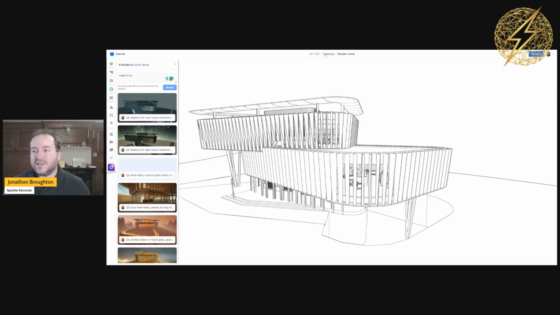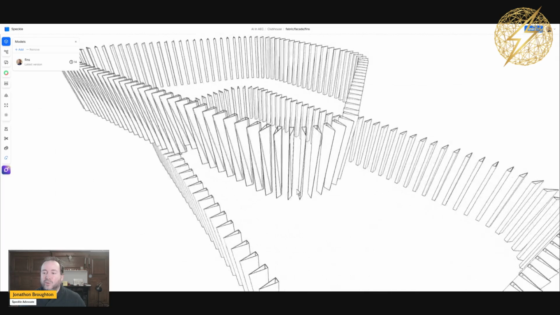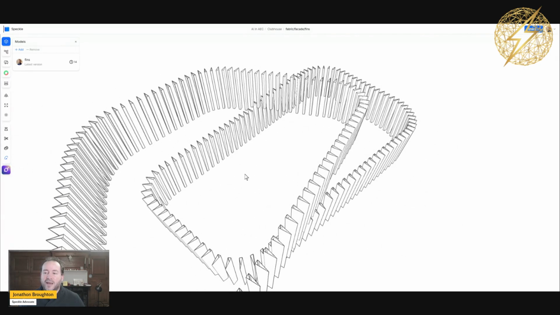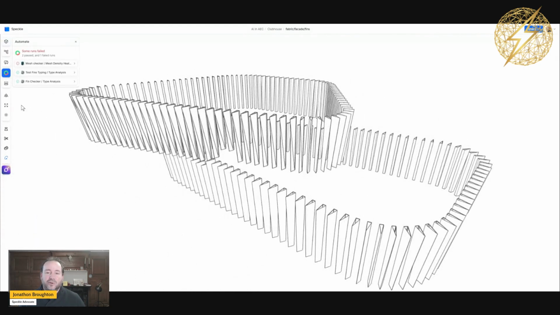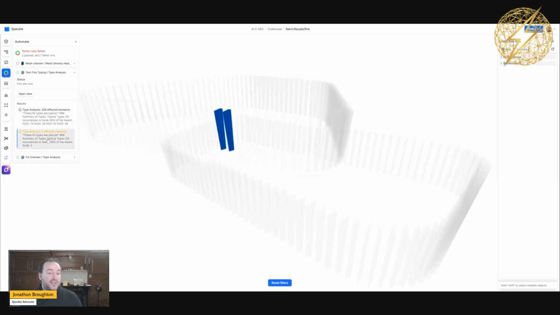What's more interesting inside this model is able to say, well, because I've been modeling all of these facade fins, actually, from a manufacturing point of view, it's great that they're all looking the same, but how similar are they? So inside here, we've also got a type analysis, and what that type analysis is saying is that you should have as much unification as possible to make your manufacturing process as efficient as possible. You can say, well, broadly speaking, they're all of a couple of different types. I can see that there's 4 fin types, but these 2 are outliers.